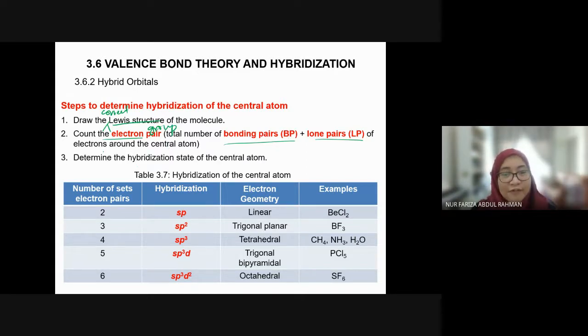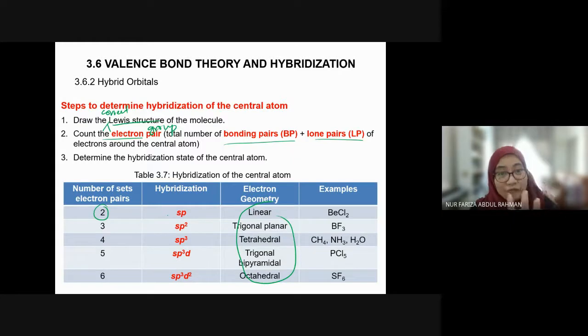Okay, and then from there, as simple as that, you can next determine the hybridization state of the central atom. So ini kena hafal. Okay, you dah hafal 5 basic electron geometry kan last time, which is this one. You dah hafal kan? So you dah tahu, kalau 2 group, it will be linear. Kalau 3 group, it will be trigonal planar, 4, 5 and 6, dan tak ada so on. Sampai 6 saja, okay? Alright. So simple saja,